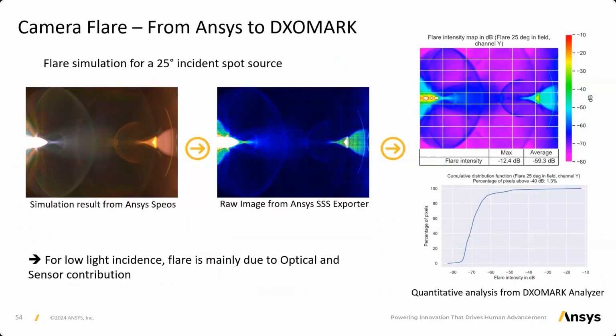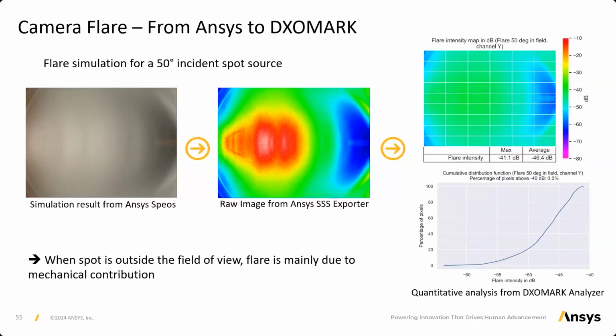Here we mainly have contribution from the optical part and the sensor. Whereas for a light source at 50 degrees of incidence, the main contribution is from the mechanics. And now we are going to see some analysis